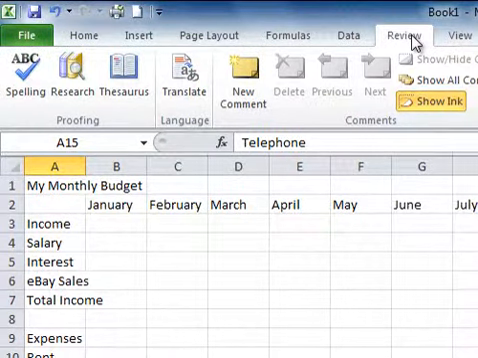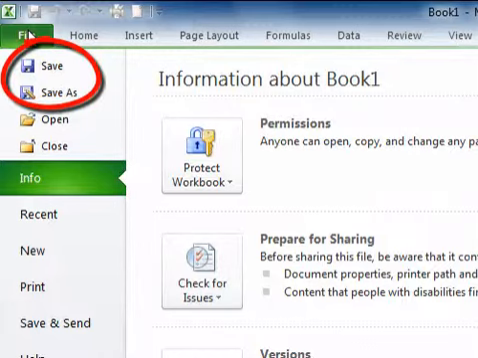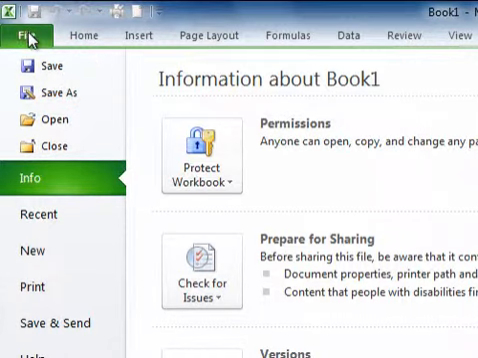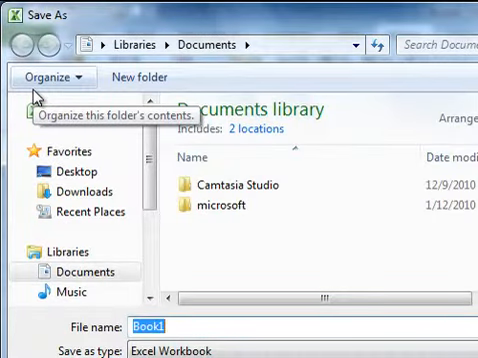Click on the green File tab. Since you have not saved this document before, you can use either the Save or Save As feature to store our spreadsheet in the correct place and file format. Select Save As. When you save a document for the first time, you will need to decide on a name